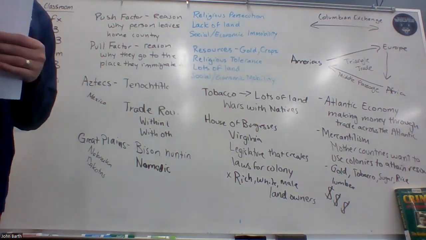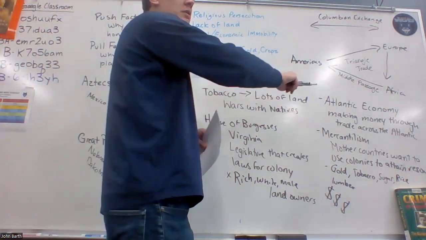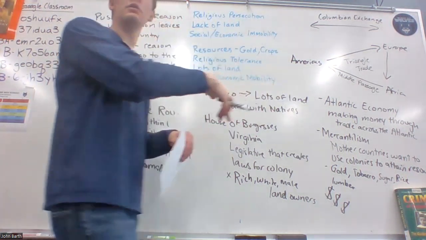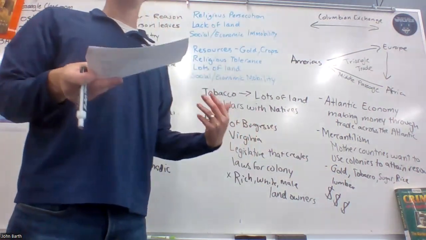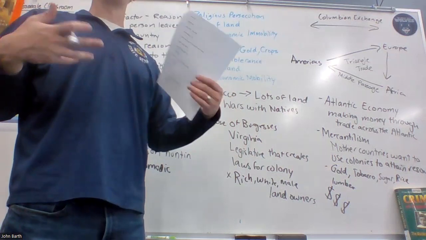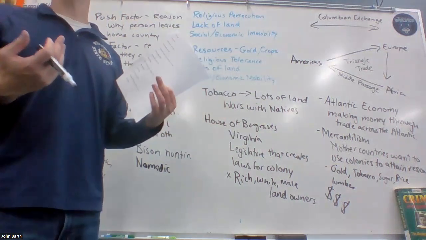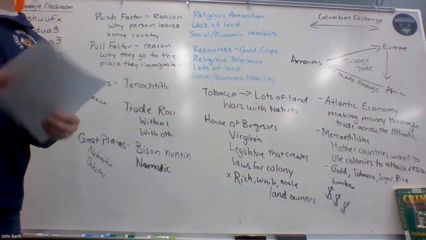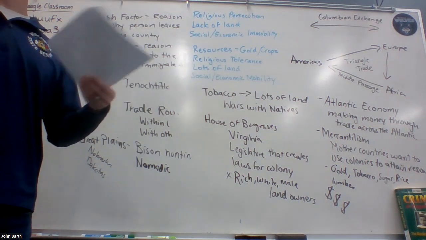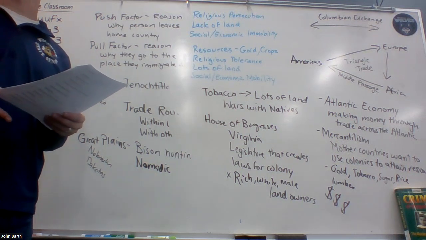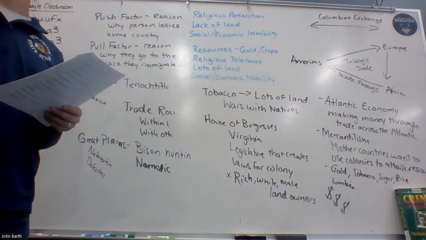I was wondering, what's the reason for that? The reason for Metacom's War in New England is them trying to get more land. The English are trying to spread out to get the lumber and the wheat, and because it takes so much land, they're encroaching on the land of Native Americans. And Metacom's War is basically the last gasp of Native American resistance against English expansion in New England. After that point, there's really no big conflicts anymore.